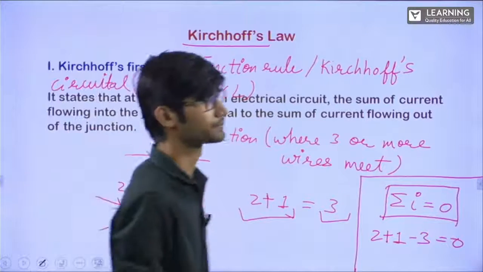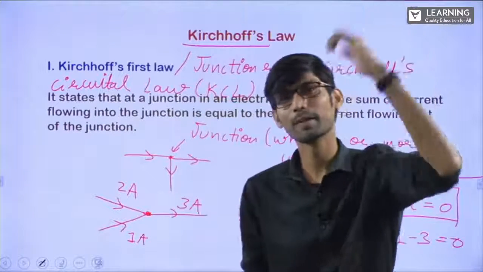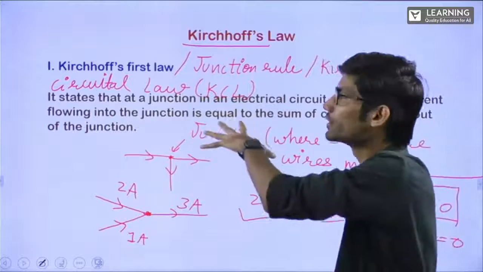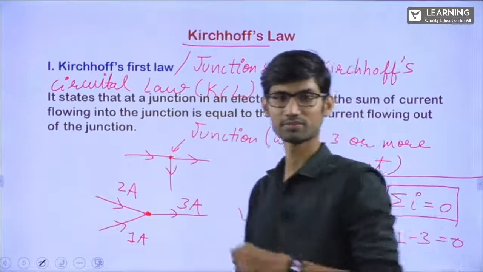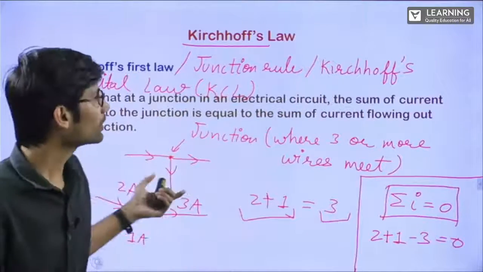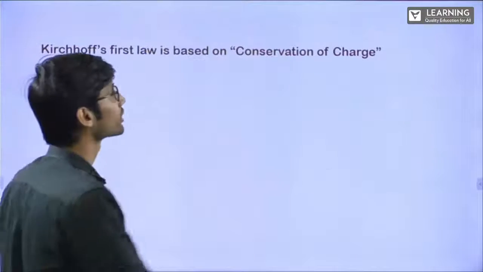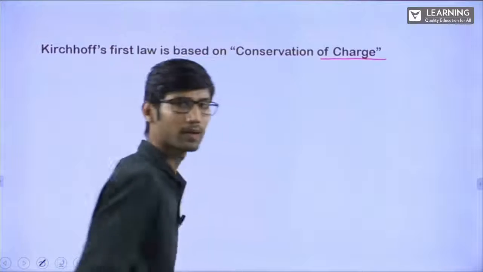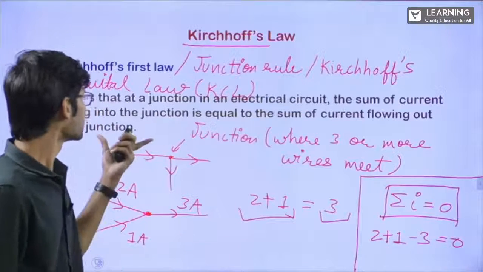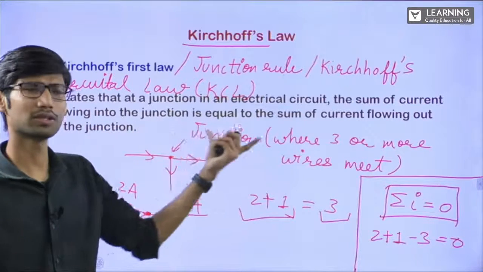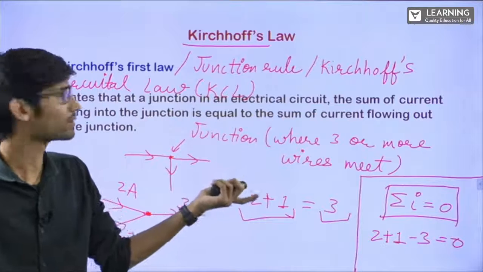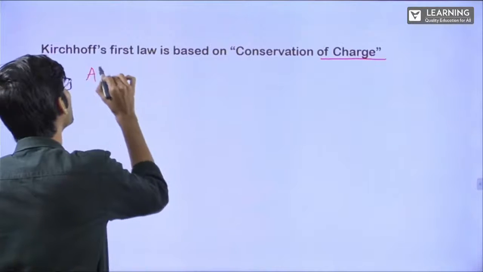Clear? Okay, one more thing. What do you think, which law is this particular law based on? This law is based on the law of conservation of charge. Right? See, the sum of current entering the junction is equal to the sum of current exiting the junction. So at a junction basically,